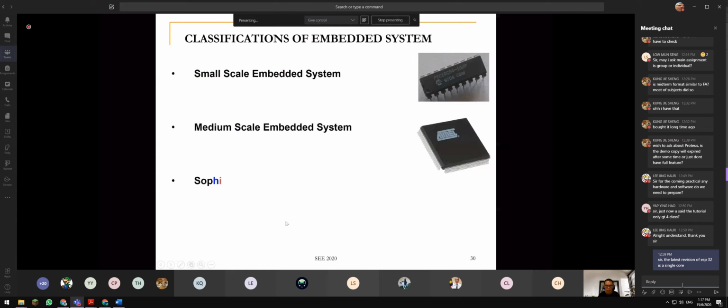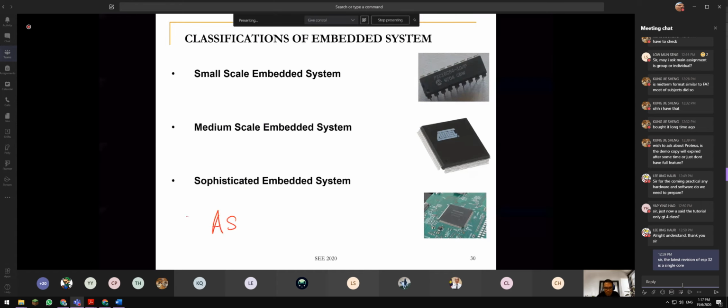So this is a classification of embedded system design. I already told you just now. Small scale, like PIC 16, Atmel, PIC 24, ESP 32. You are not going to get this thing soldered, correct or not? You're not putting this into your breadboard. However, this is the one you always use: dual inline packaging. Some are sophisticated, like ASIC design. I told you it's application specific integrated IC. It's based on the applications that will produce the IC for the company.